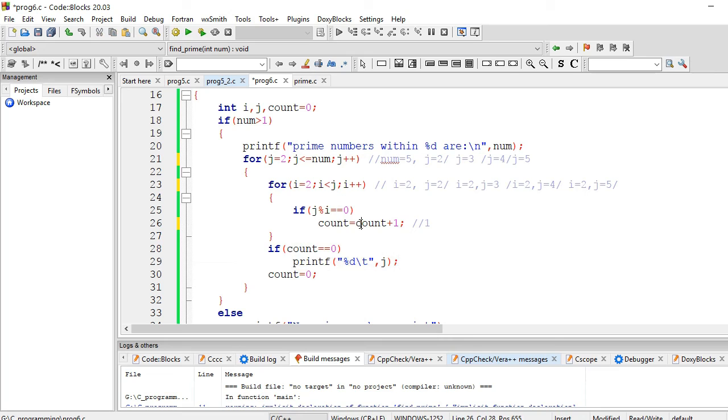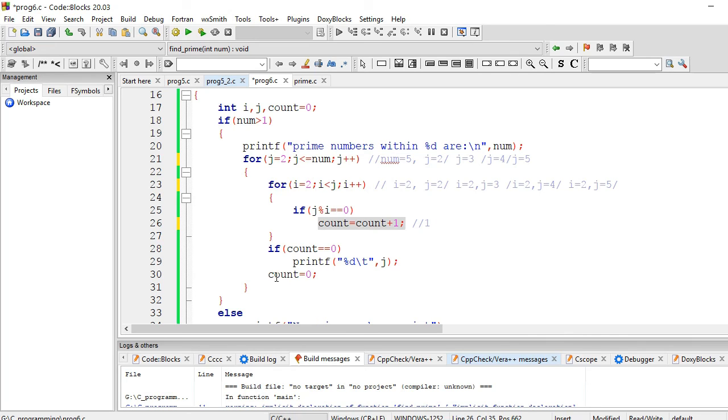And one thing also: why have we set count equal to 0 after this for loop? Suppose that we have found a non-prime number, that is 4. So when j equal to 4, j is not a prime number, so count becomes 1.